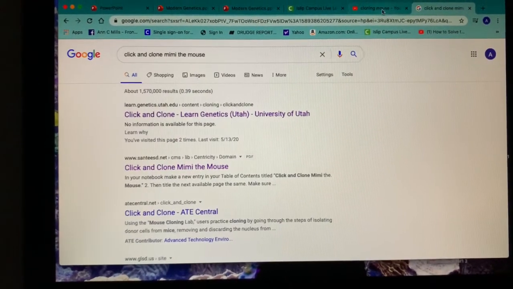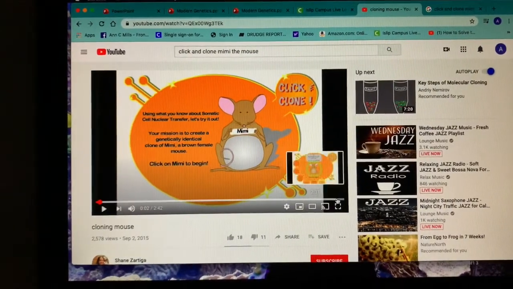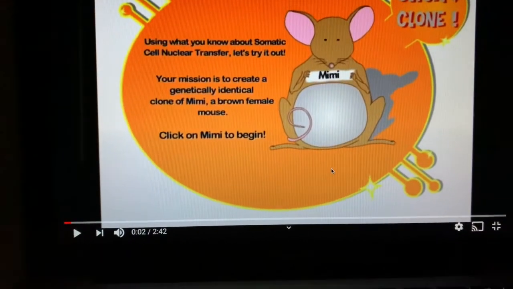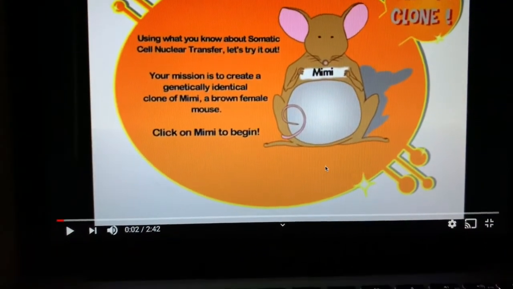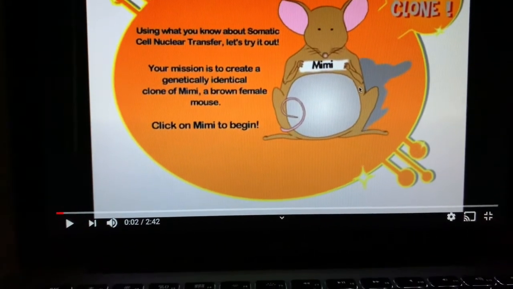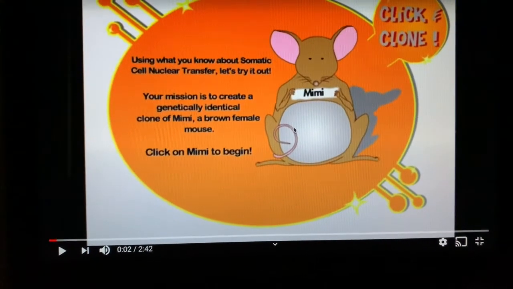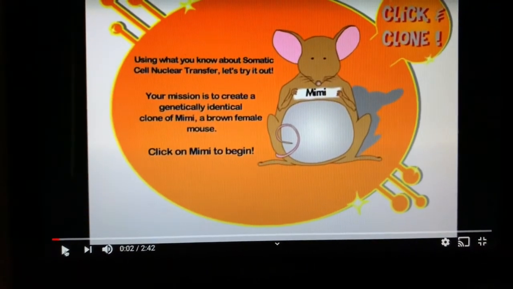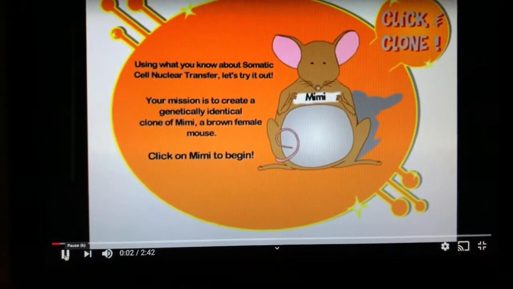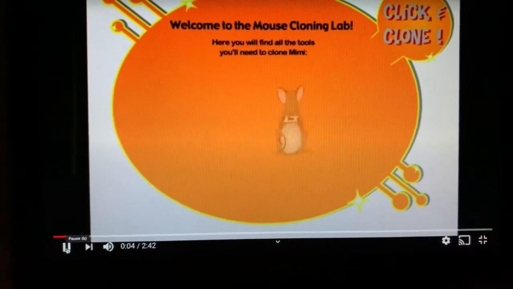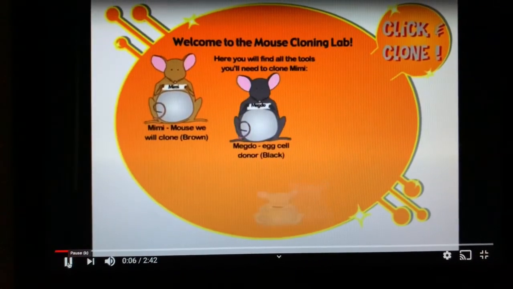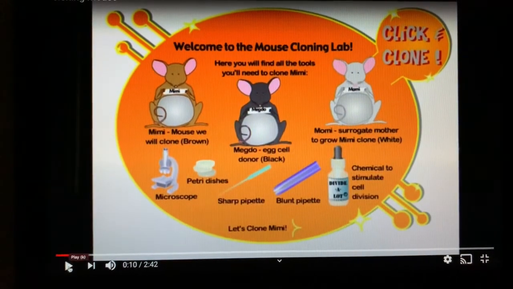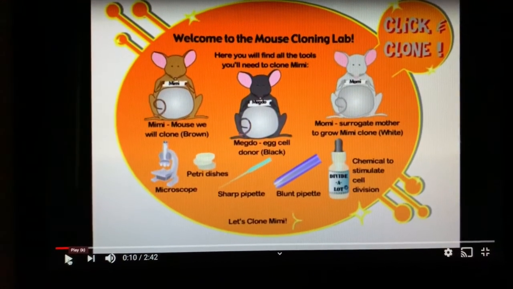So I can't give it to you as an assignment because I don't know if you can do it either. But it's super cool, and the sound effects are really cute. So again, it walks you through the process, and you get to go through it, of cloning Mimi the mouse. So I found the video on YouTube that we're going to watch. So you're watching a video on YouTube of this virtual lab that I wished we could have done together in class. So I'm going to pause this and just show you the characters again in the story.